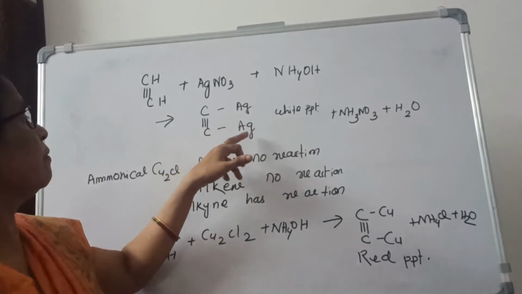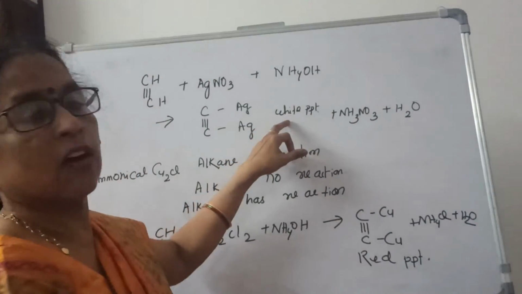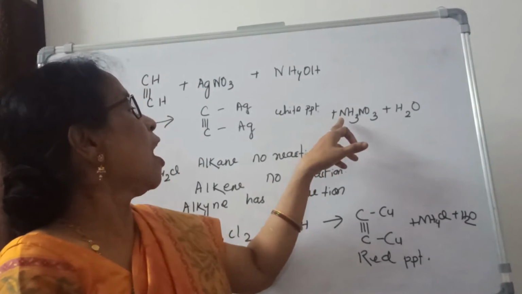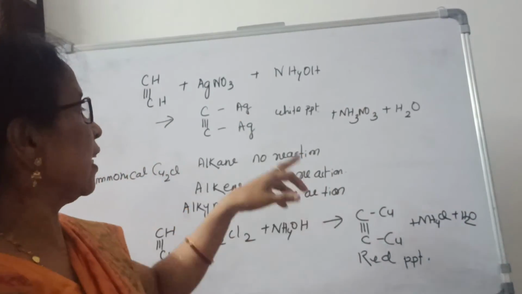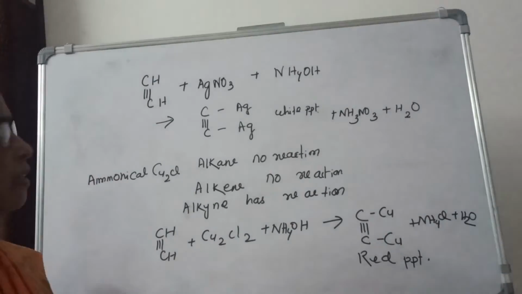That means here two silvers are attached to the carbons having the triple bond, that color is white and it is a precipitate. The byproducts are ammonium nitrate and water. Again see, silver acetylide is a white precipitate. Ammoniacal